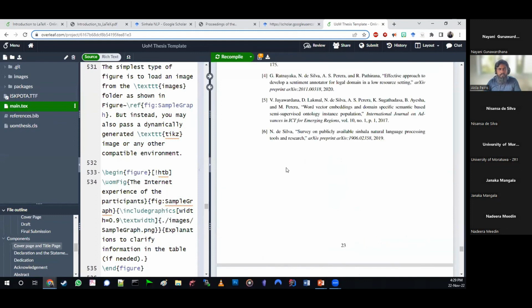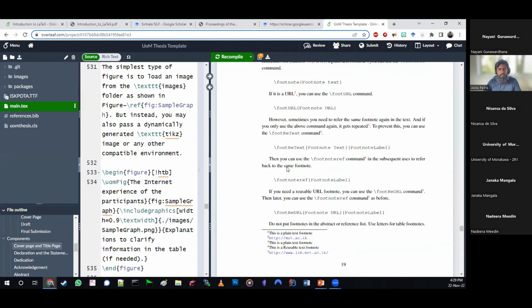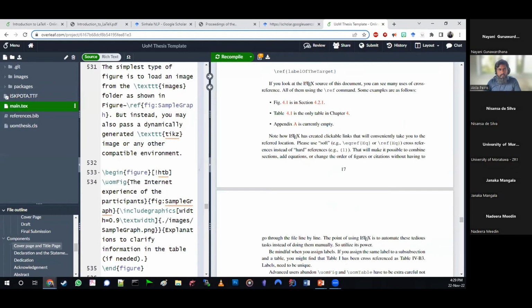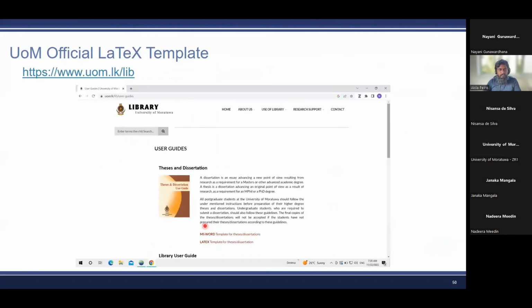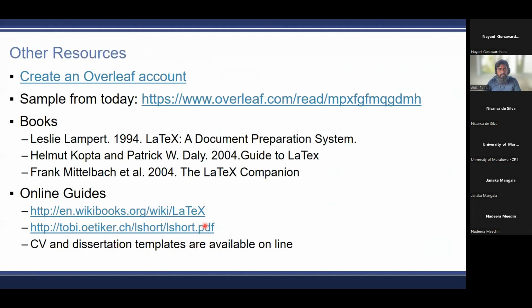How to use footnotes, abbreviations that we talked about today. All righty. I have put those slides here as well. I have added some resources here for people who do not have an Overleaf account to create one, and some samples from today to read.